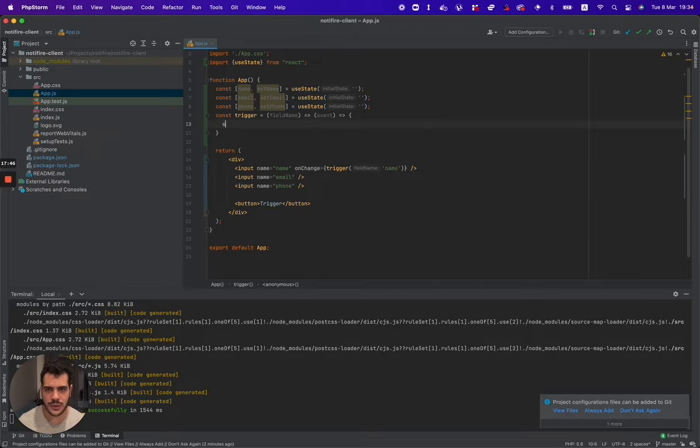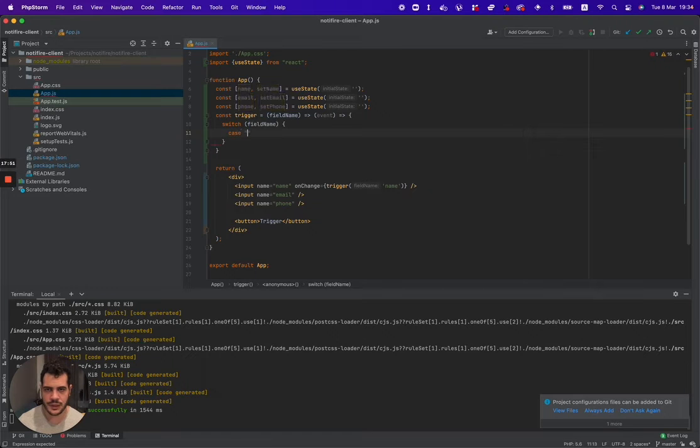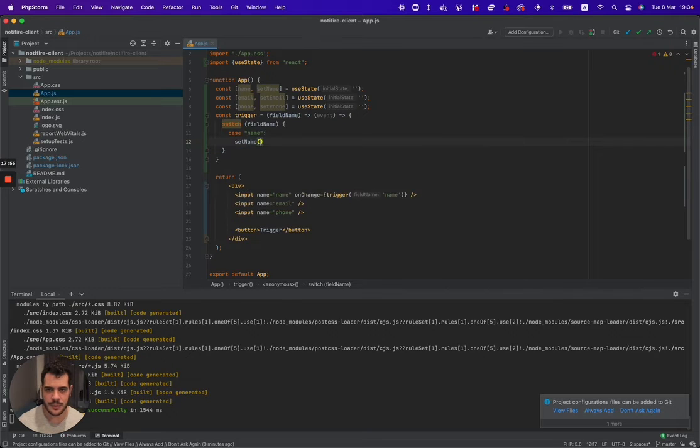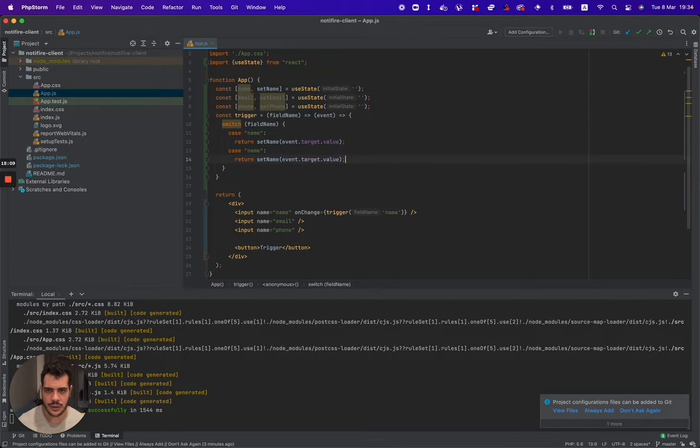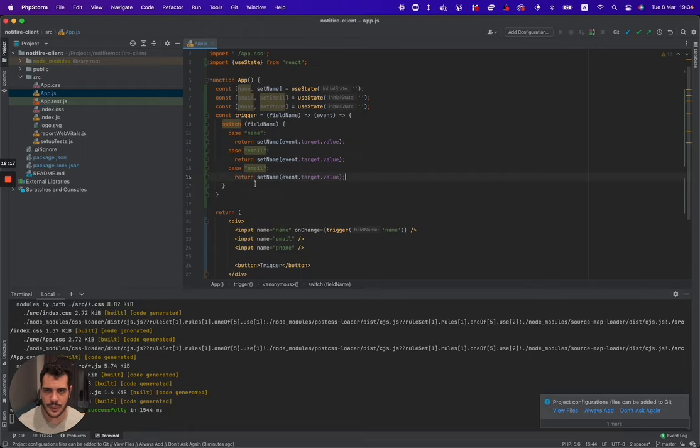So we can just do a switch for the field name, and if it's name, we can just do set name and pass here the event target value. If it's an email, and if it's a phone,